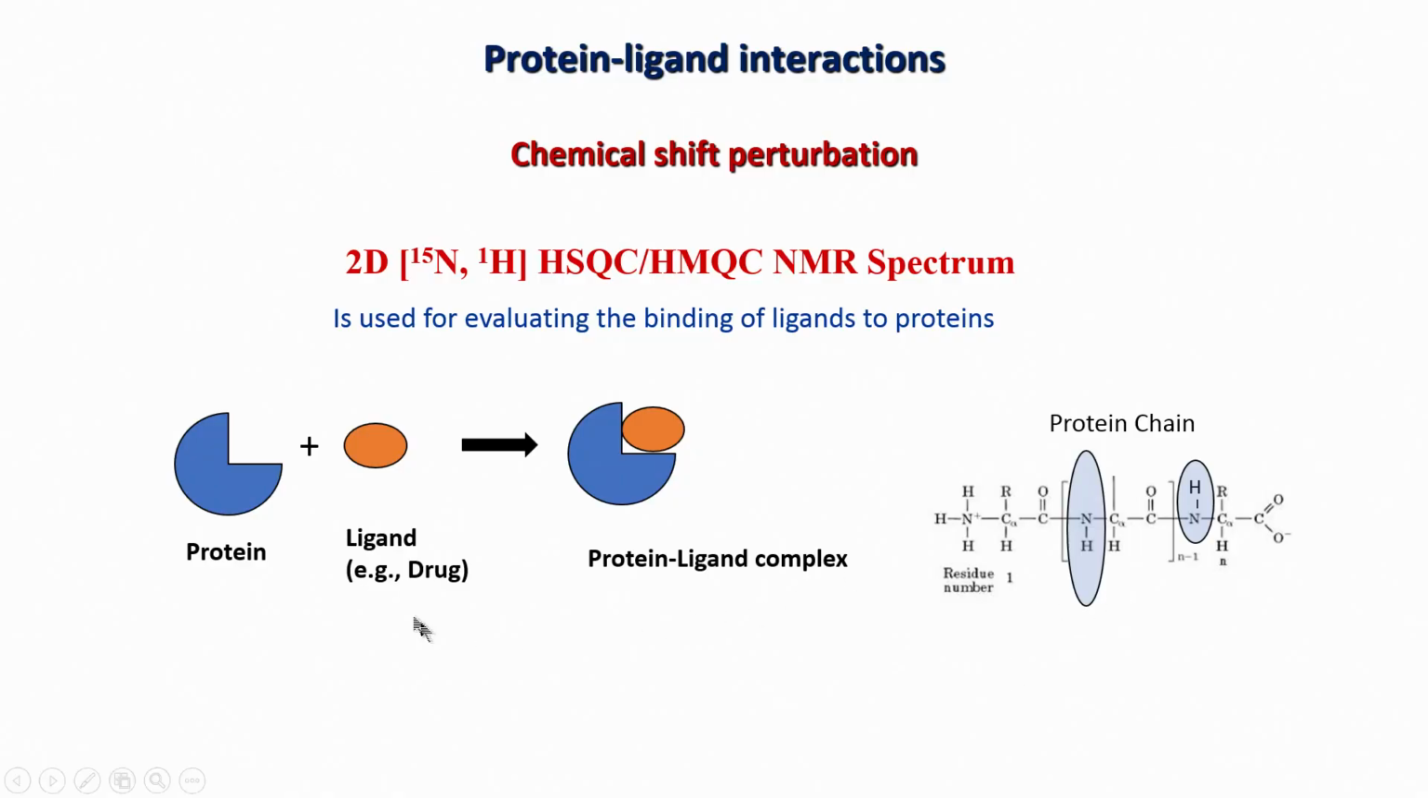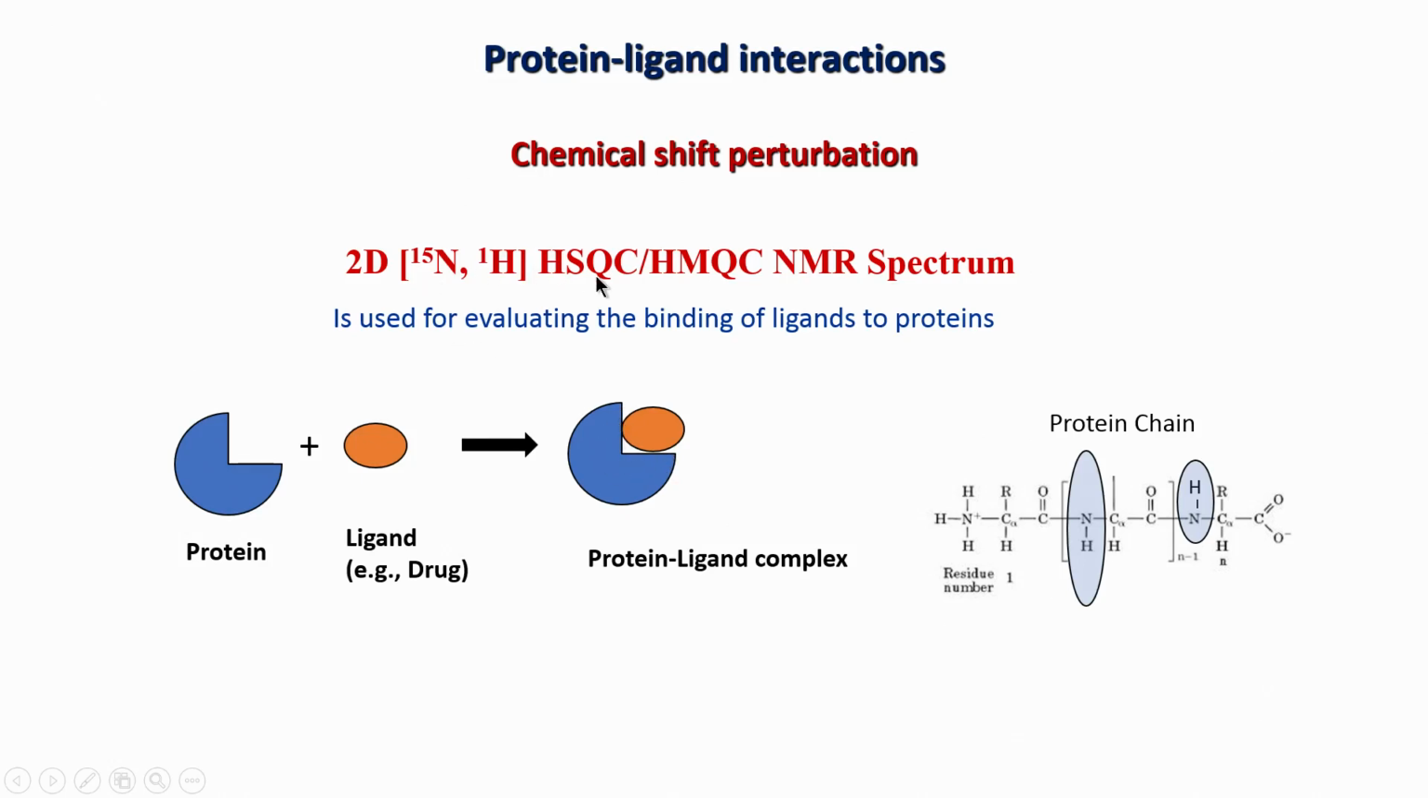We have started looking at the concept of chemical shift perturbation. This is a method where we want to study how protein and ligand interact with each other. So, we saw briefly in the last class that if you have a protein and a ligand, you can have a complex where the ligand binds to a particular region of the protein, and we saw that this interaction can be studied by